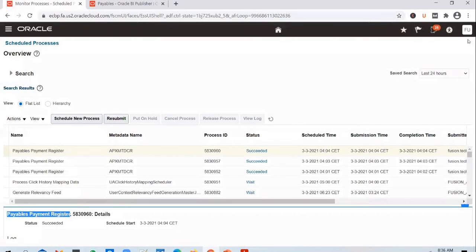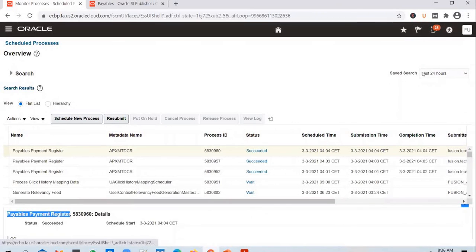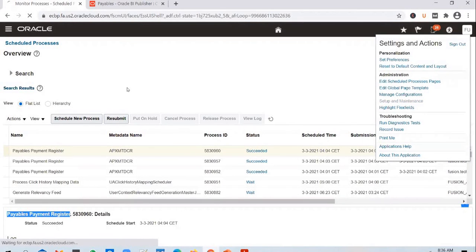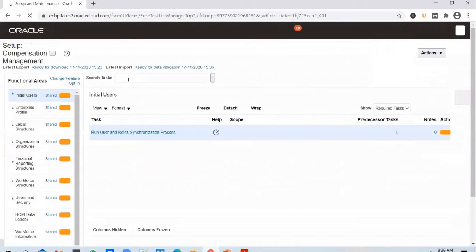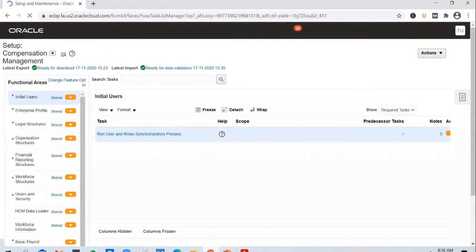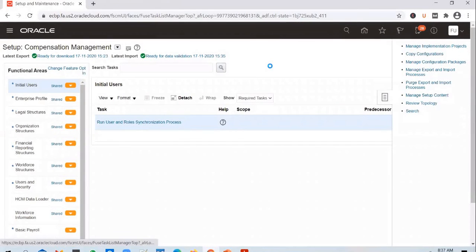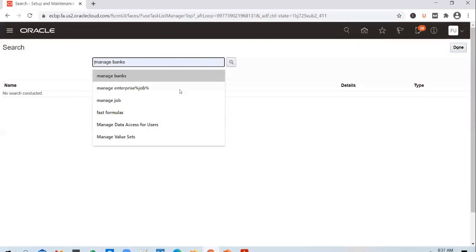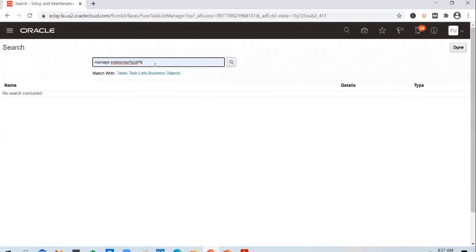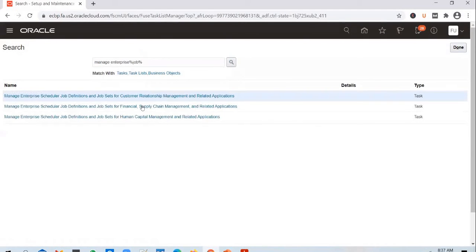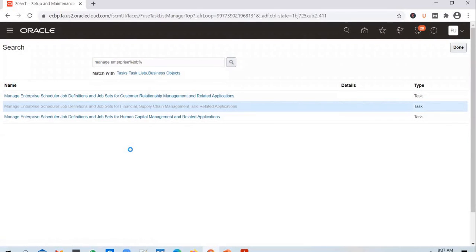So you copy the report, copy the ESS job, go to setup and maintenance. Go to global search and search for manage enterprise jobs. Search with this pattern, manage enterprise jobs. Go to the financial jobs because it's a financial job.